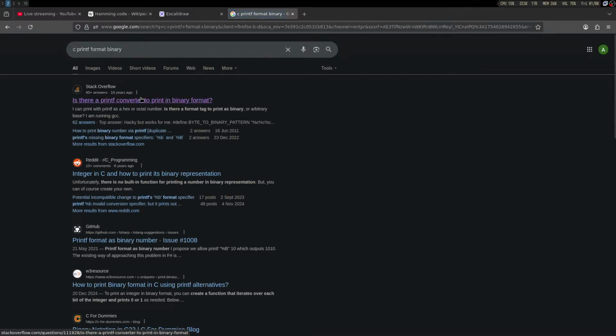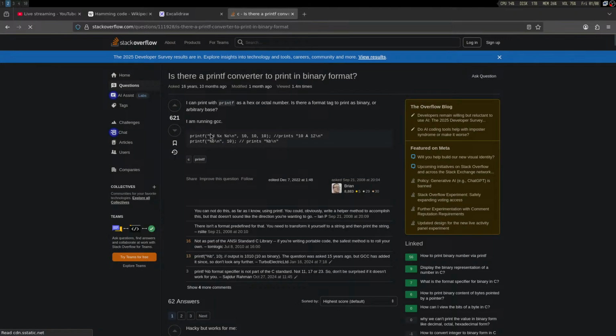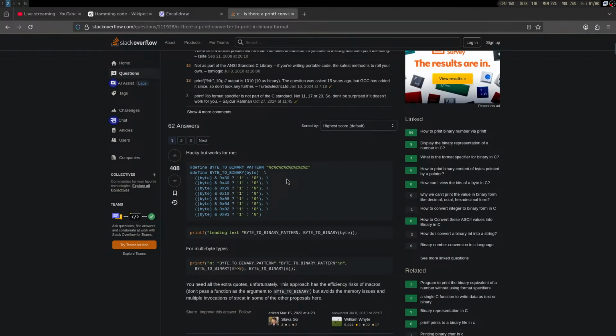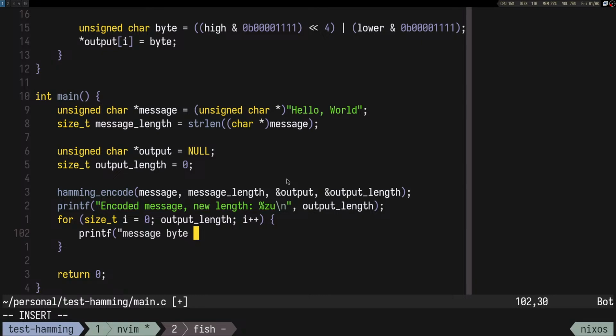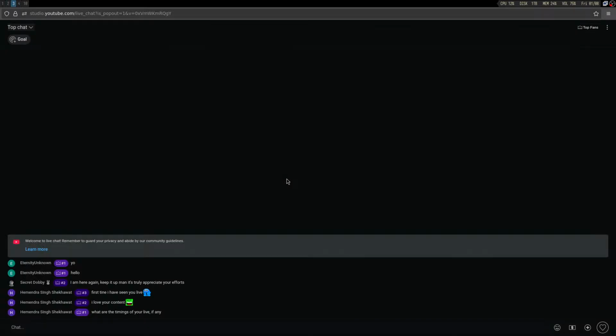Like, can you not print a binary? Percentage %b, that would be, yeah, whatever, you cannot. So let's do %d for the byte. Same. Come on, like, I know you can printf like